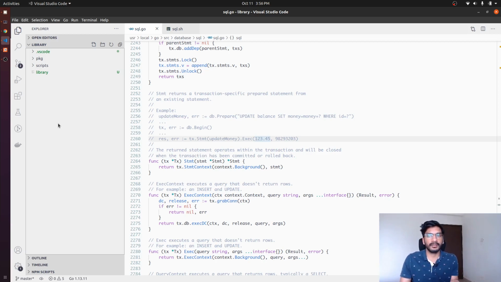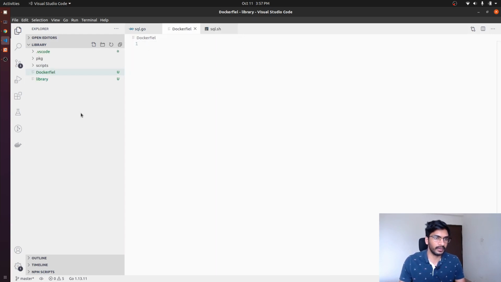And then while running that in Kubernetes, you can use that pushed image, right? So to create a Docker image, the first step would be to create a Dockerfile. So let's just go ahead and create a Dockerfile.